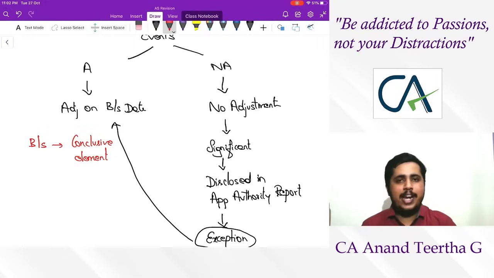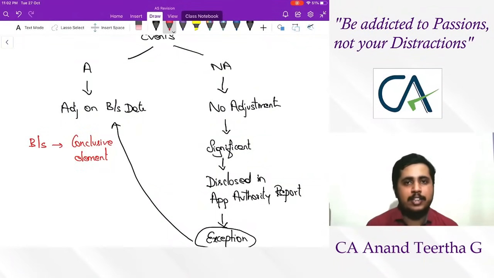Example, negotiation is taking place as on the balance sheet date, but actual agreement took place after the balance sheet date. Now, whether negotiation is conclusive evidence that you are going to make a purchase or sale? No. So therefore, it is not an adjusting event. However, agreement is entered on balance sheet date, but executed after the balance sheet date. Agreement is entered, but the actual purchase sale is executed after the balance sheet date. Here, do we have a conclusiveness? Yes, because there is already an agreement. You can't go beyond the agreement. Then it becomes breach of contract and all.